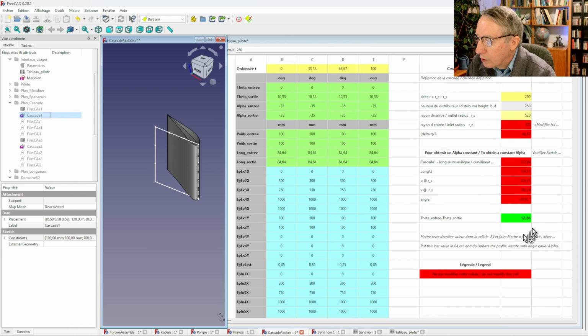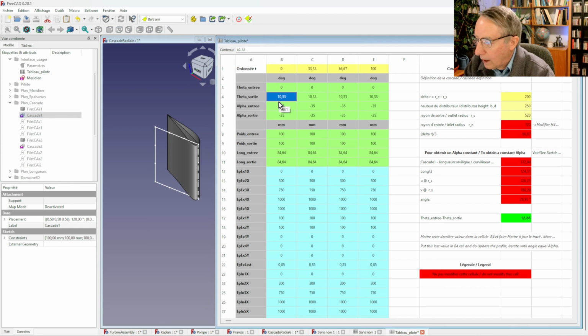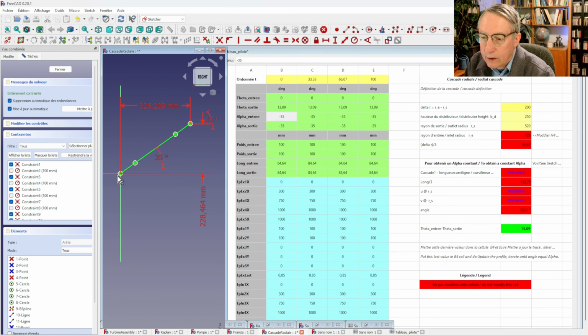The spreadsheet suggests a value to adjust the theta outlet to obtain a straight line. I use this value and launch the calculation. So it moves the outlet slightly. It suggests to increase the value to 1282. You understand that we are in an iterative process and we have to iterate until we are satisfied with the precision. So finally, we converge to this value. So both values here are the same. Let's see now at the sketch, and you see that there is no variation in the angle from inlet to outlet.